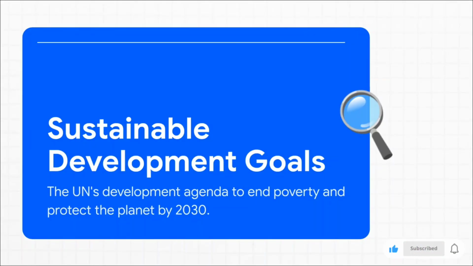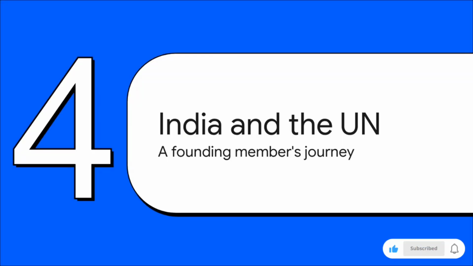But before we get to India's role, let's nail down one more critical term, the SDGs. You've probably heard of them, the Sustainable Development Goals. Basically, these are 17 interconnected goals that are like a blueprint for a better planet. They cover everything from poverty and hunger to climate change and equality. This is the world's to-do list until the year 2030, and you absolutely, positively have to be familiar with them for your exams.